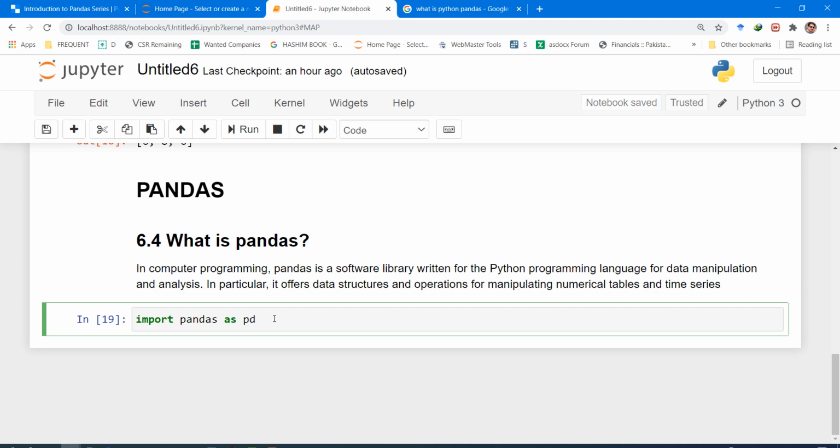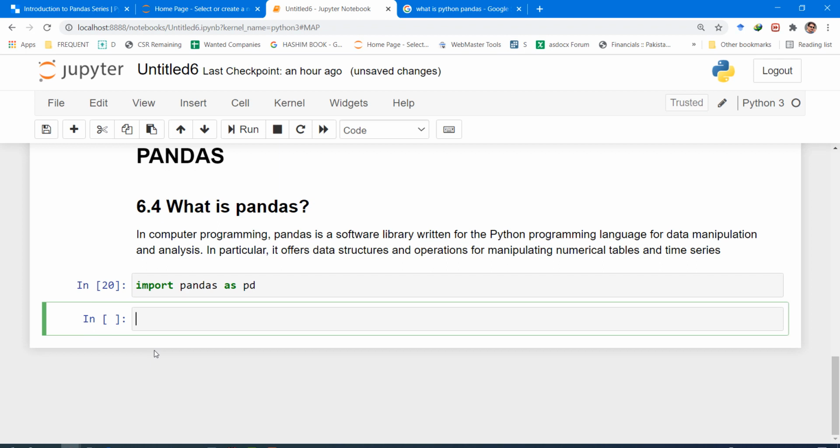So remember, to summarize, when we use a pandas function, we have to first of all import it. We can import the full name or we can import the abbreviated name. So the convention is that people import pandas as PD, and also remember that whenever you are using a function of pandas, you have to write the abbreviation, that is PD dot then the name of the function. So I execute this line.